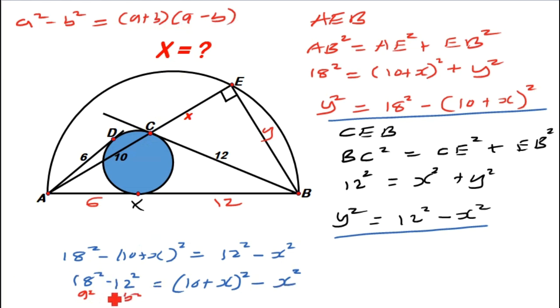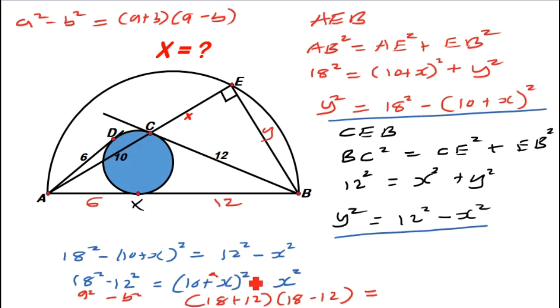So 18 squared minus 12 squared will be (18 plus 12) into (18 minus 12). Then you do the same on the other side of the equation,